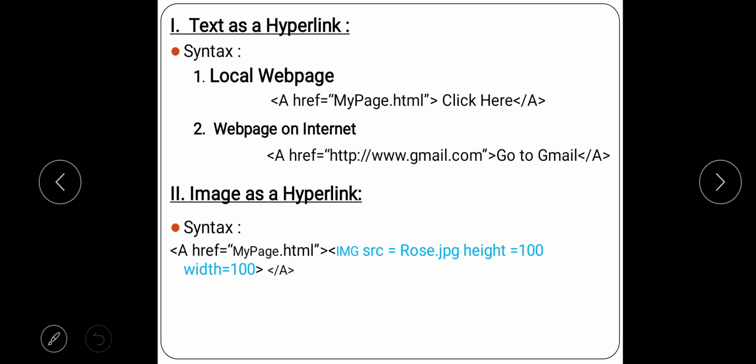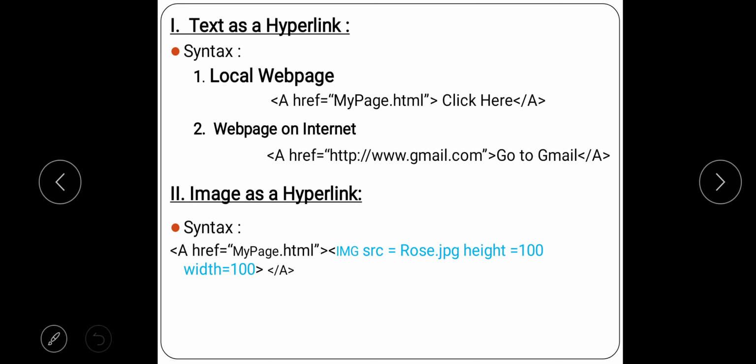Now in the second part you can see the code is something similar, only what is changing I have indicated in blue color. Now in the previous thing we wanted a text to be displayed to the user, right? So now obviously that text part has to be replaced by something, agree? So what it has to be replaced with? We want now image as a hyperlink, right? So the text part is replaced with the image.